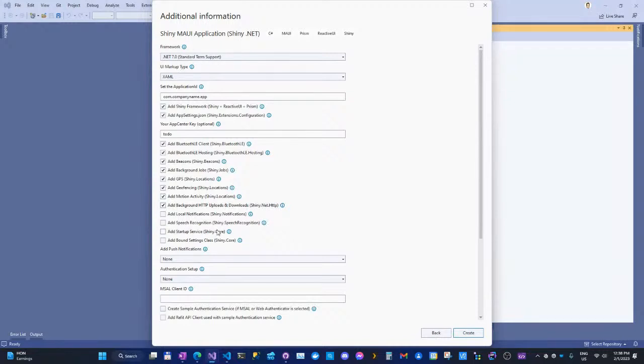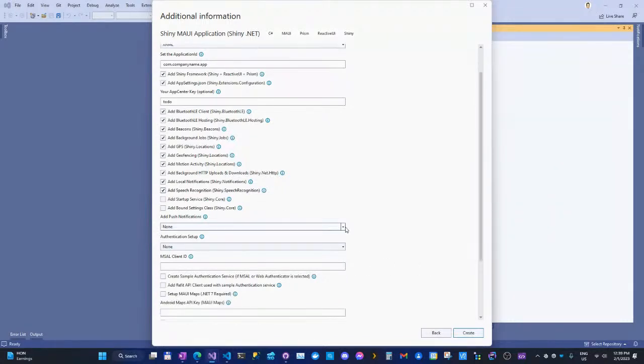This is the background HTTP uploads and downloads I was talking about earlier. I'll show some quick demos around that. Our local notifications, again, I use it pretty much everywhere with jobs, geofencing, Bluetooth stuff. I guess local notifications is pretty much everywhere now, but I had it for years because I needed it. So it's just come forward. Speech recognition, local speech recognition is there as well. A lot of your speech to text stuff. This was more a toy library, but it was really easy to get with Shiny. So I decided, hey, why not? Let's put that in there for fun.